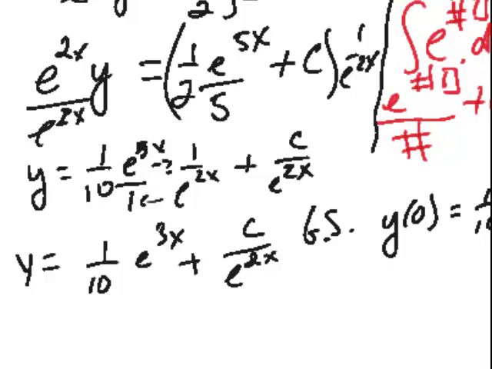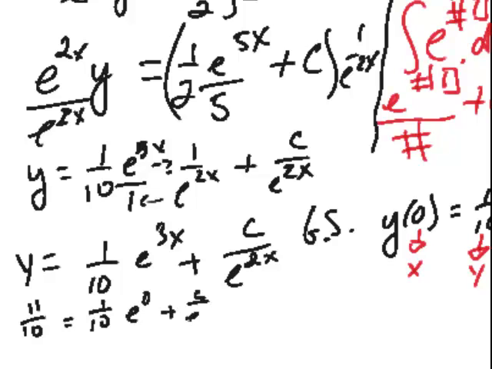Again, this one is your x inside the parentheses, this one is your y value. You plug in and solve for c, so we have 11 over 10 equals 1 over 10 e to the 0 plus c over e to the 0. Anything to the 0 power is 1, so that becomes a 1, that becomes a 1, and you're left with